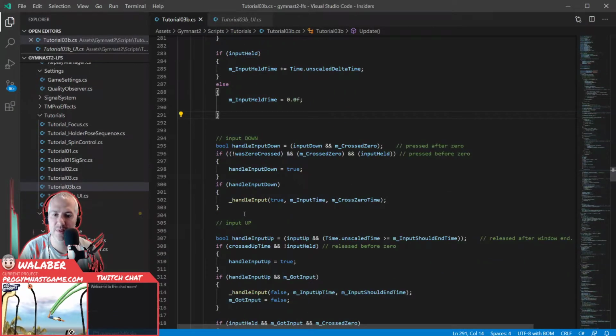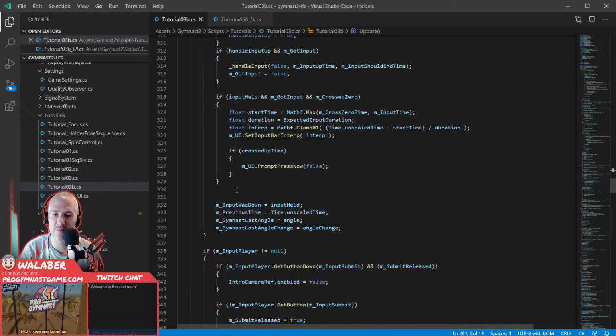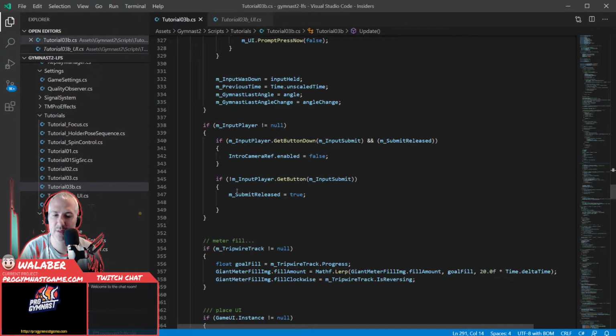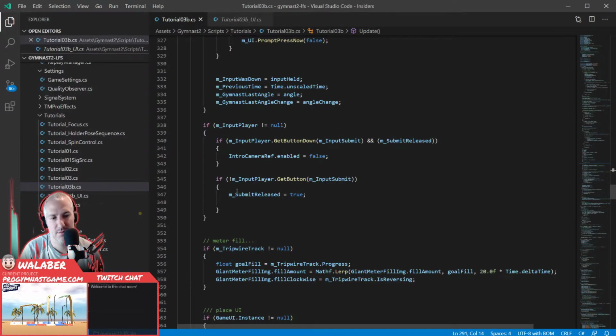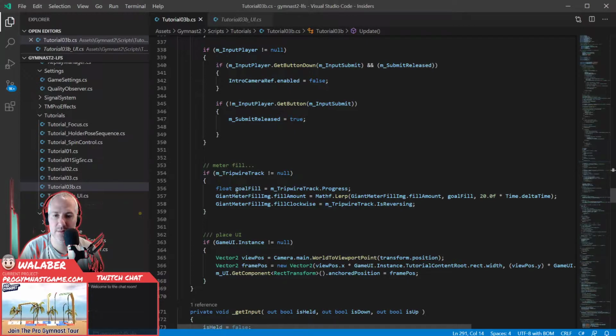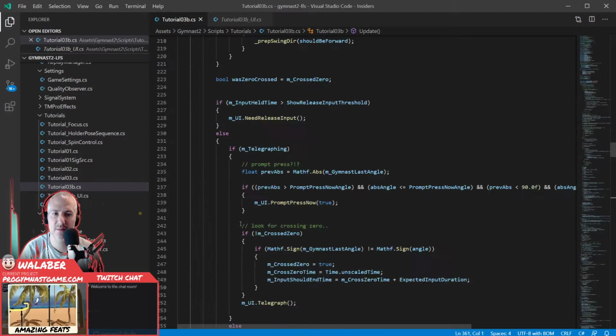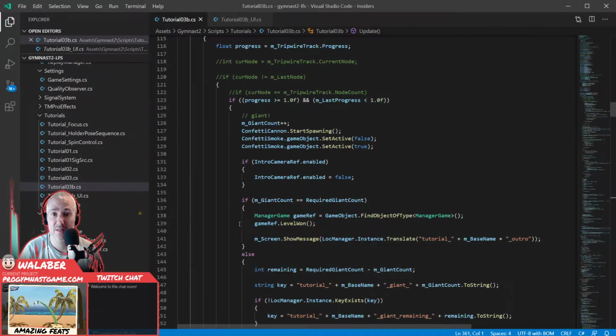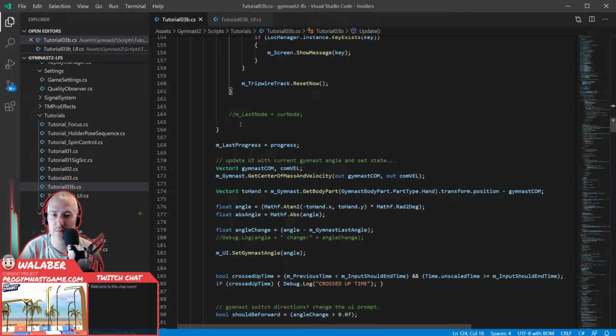Okay. And then this is mostly handling the UI for prompting presses and stuff. Okay. So this is the kind of thing I can't step through because I need to see what's happening over time. So let's go here